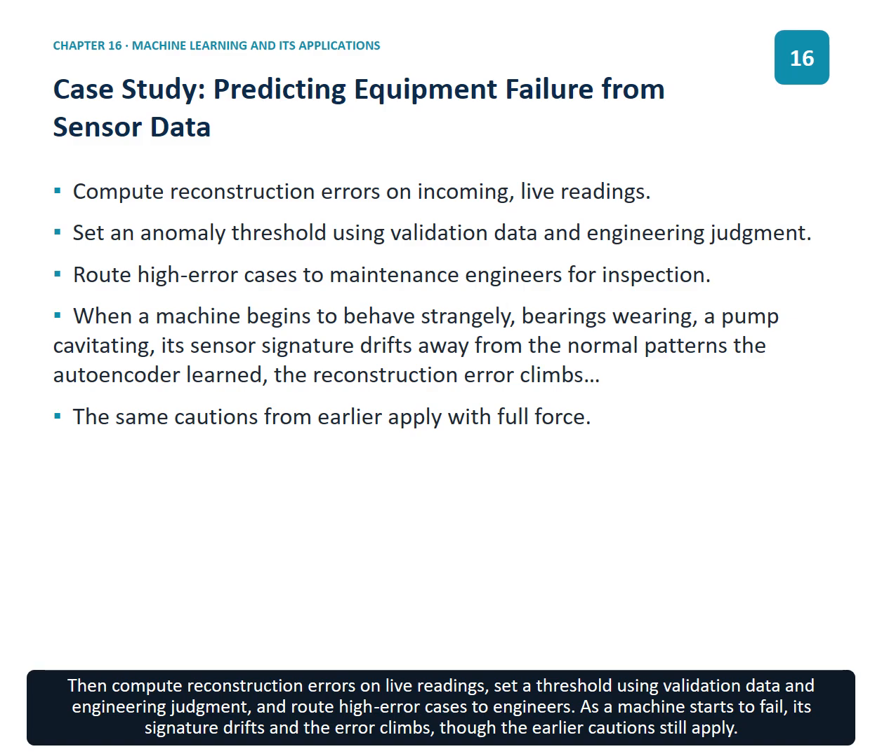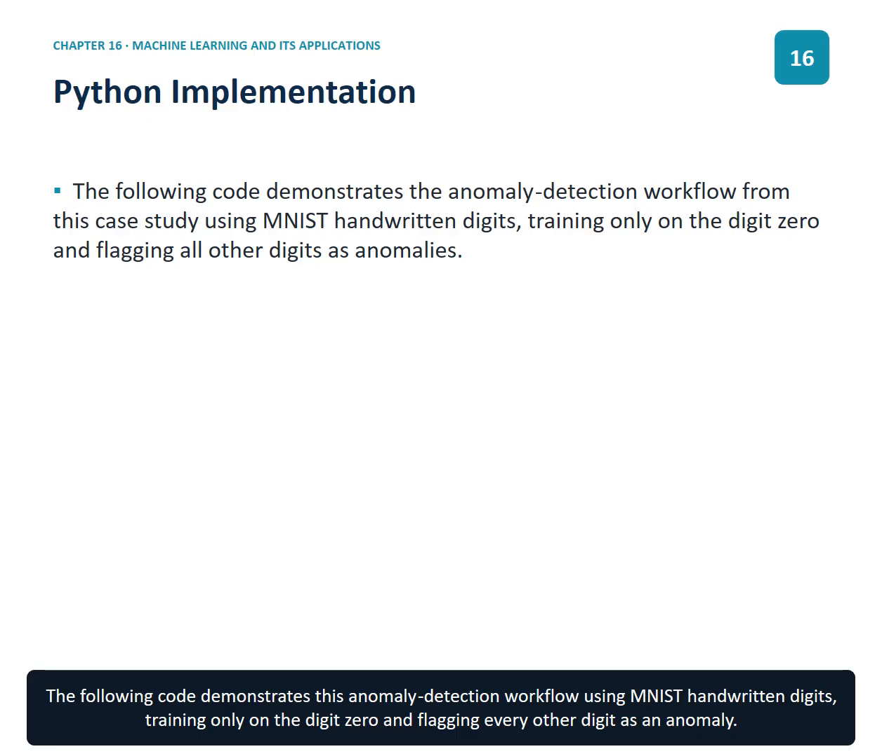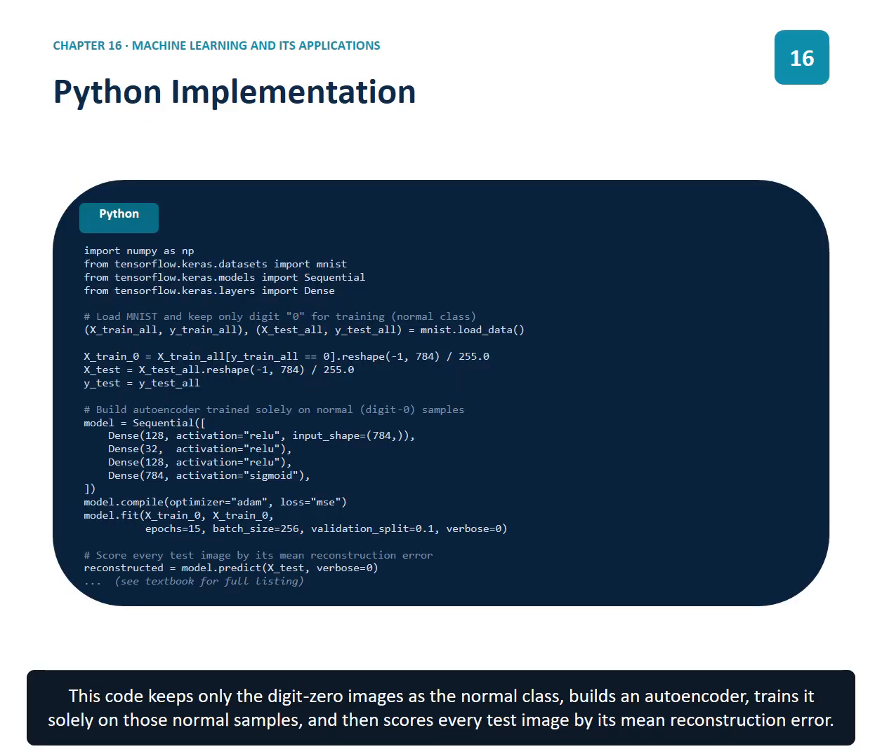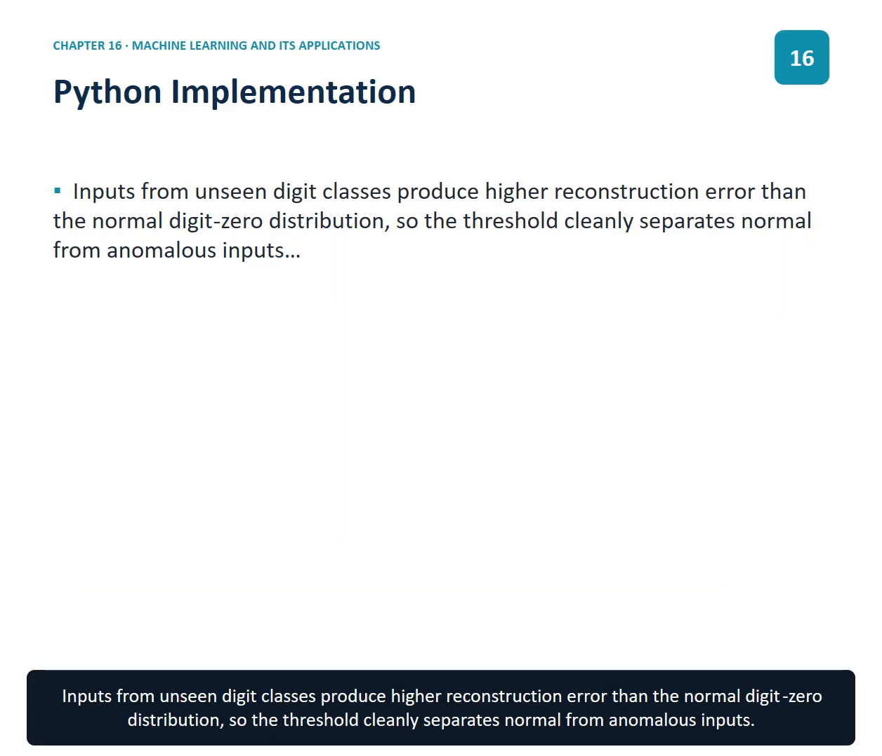The following code demonstrates this anomaly detection workflow using handwritten digits, training only on the digit 0 and flagging every other digit as an anomaly. This code keeps only the digit 0 images as the normal class, builds an autoencoder, trains it solely on those normal samples, and then scores every test image by its mean reconstruction error. Inputs from unseen digit classes produce higher reconstruction error than the normal digit 0 distribution, so the threshold cleanly separates